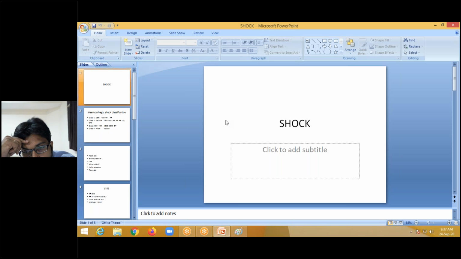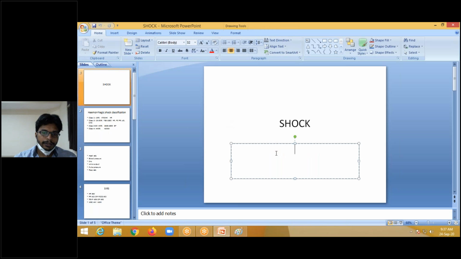If oxygen is not supplied properly, oxygen is nothing but blood supply through which oxygen goes to all tissues, they will thrive on anaerobic metabolism. Due to anaerobic metabolism, lactic acid will be produced. Lactic acid is one of the dangerous components, and it will lead to some other complications. So, the definition of shock is